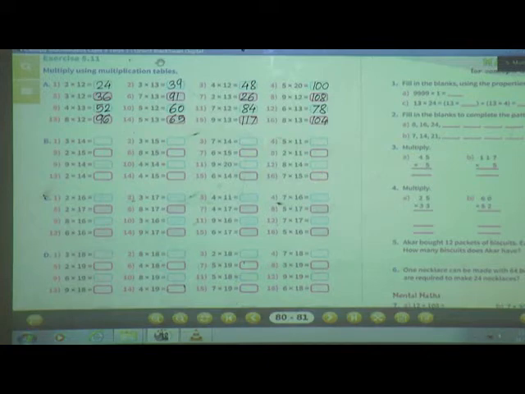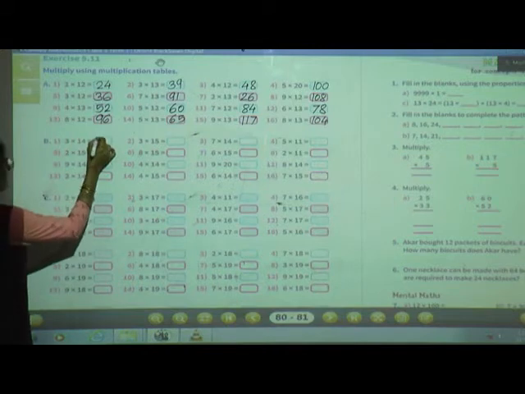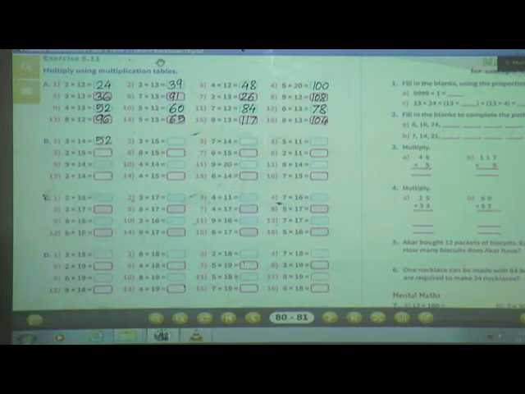Okay. See the first one. 3 into 14. Say the table of 14 till 3. 14 3s are 52. Correct. Write here 52 then. Next, 3 into 15. 15 threes are 45.